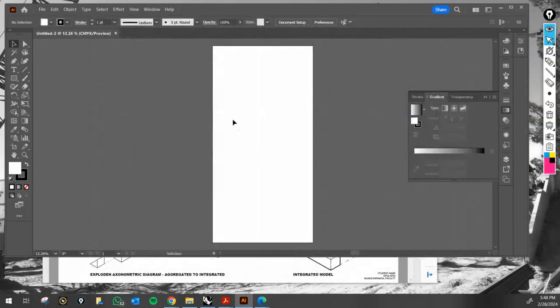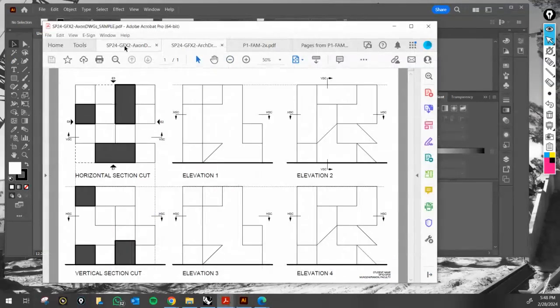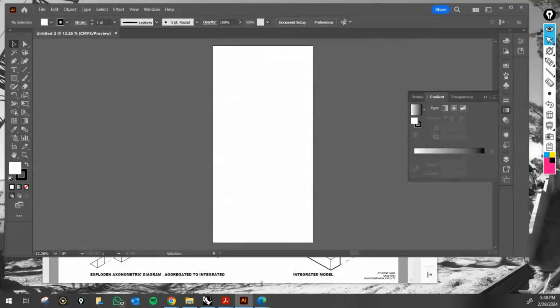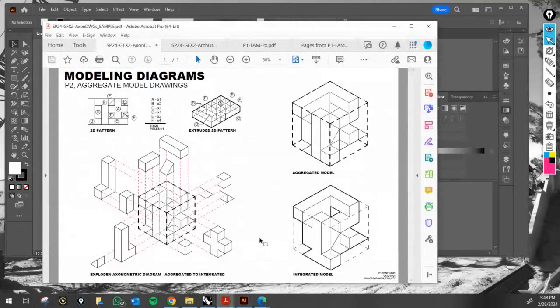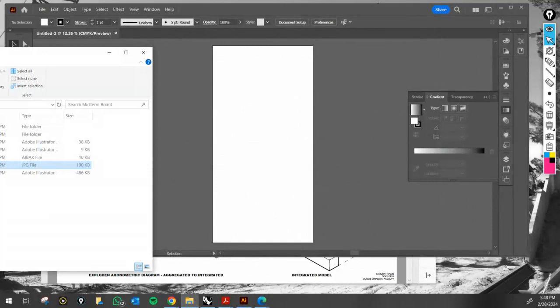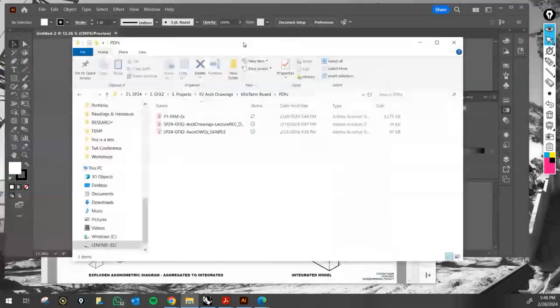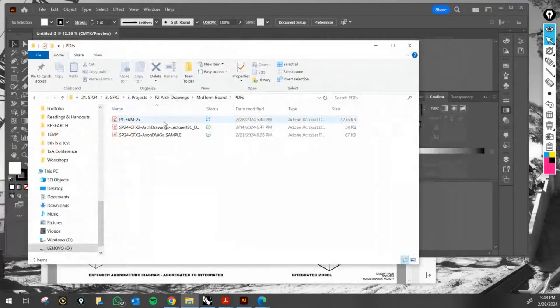Okay, so it brings up our board. And so the idea is to bring these drawings onto this workspace right here, and I edit them a little bit to give them color. Okay, and the way to do that, it's quite simple for starters. So I have in a folder right here the files, PDF format. So let's see, we can start with